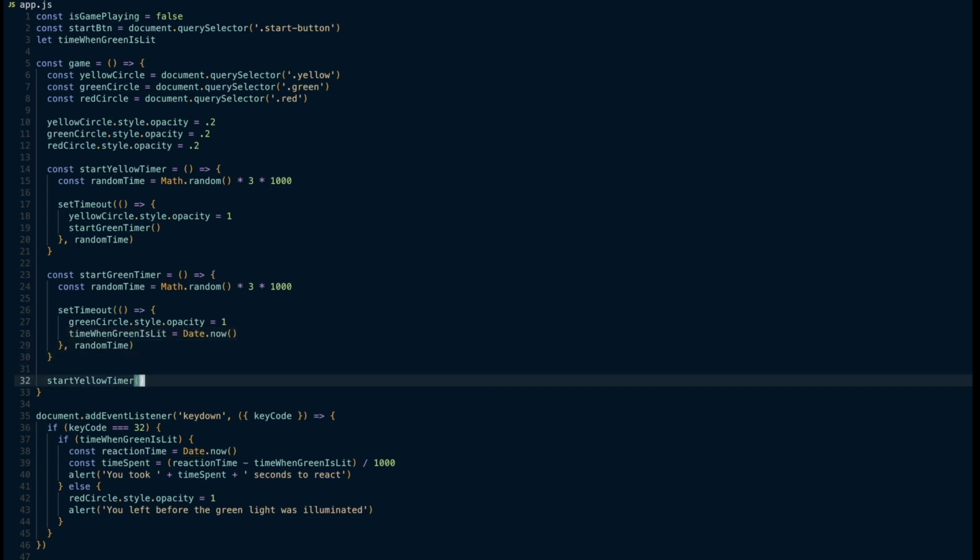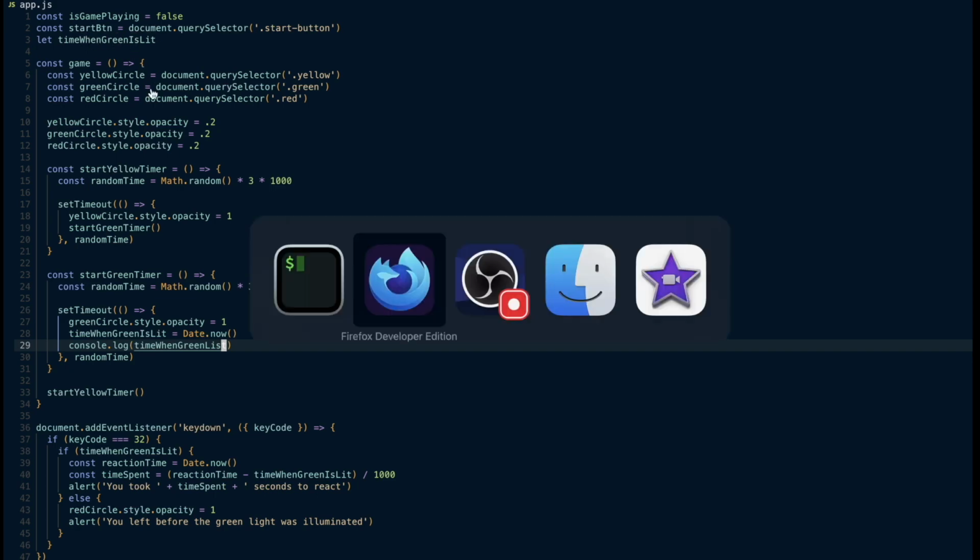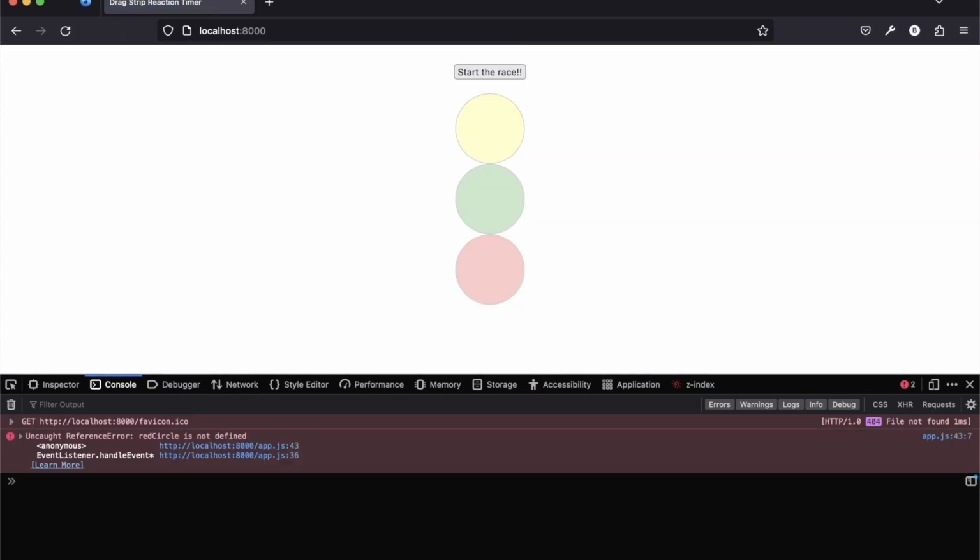But when we start a new game, that value is still the old value here. So let's console.log it. I'm going to refresh the page, and at the beginning, this time when green is lit is going to be undefined. And I'm going to press spacebar, and